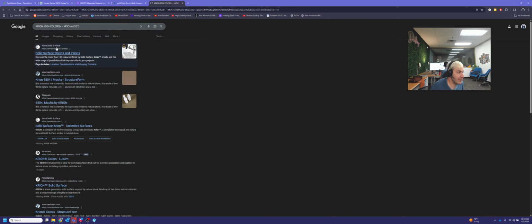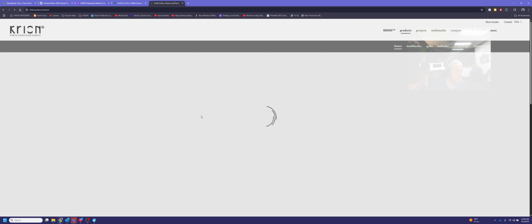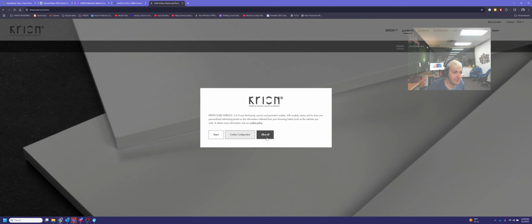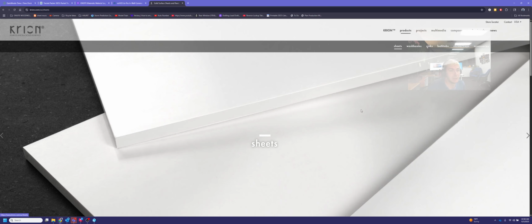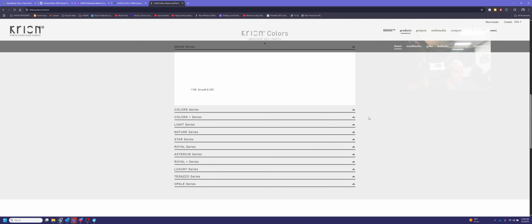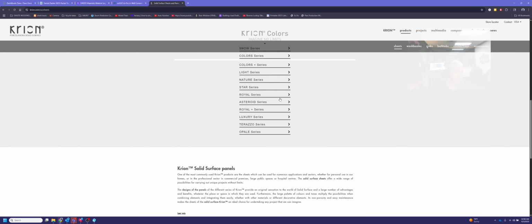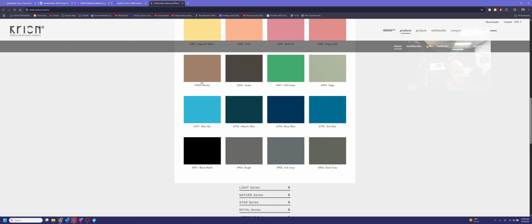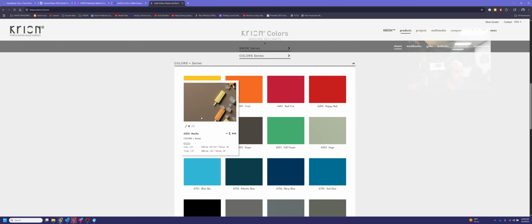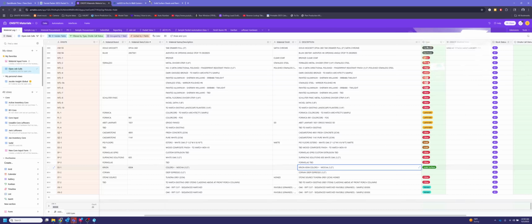I'm going to go to Cryon's actual website here and just research this and see what we've got. Okay, so solid surface sheets. Colors. It is mocha. This one. Okay, so looking at this, the mocha sheet that they offer, 6504, which I believe is the same number we have here. Yep,